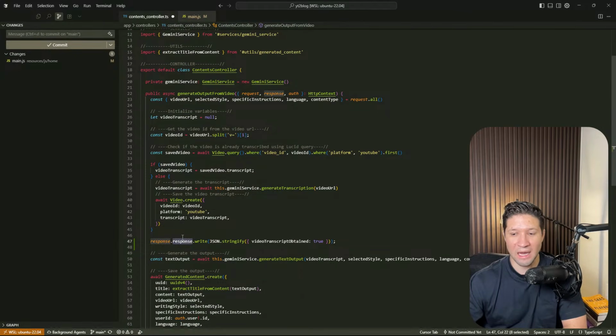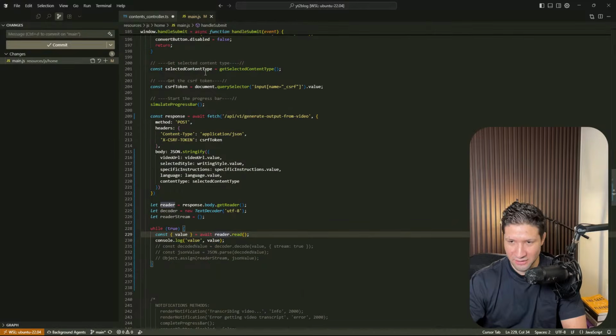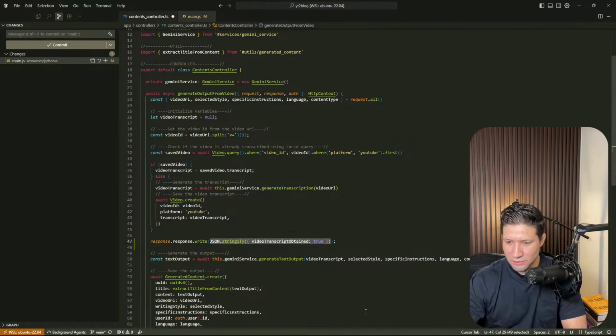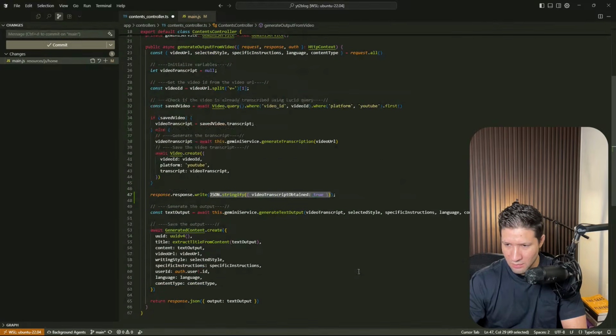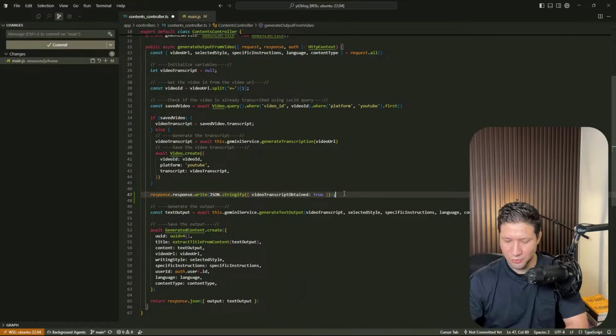So Adonis allows us to access the response object of our server. That is why we are writing response.response. And this response has a method called write, where we can add information, and this is exactly what's going to be sent in here. Okay, so I'm just going to return in here,